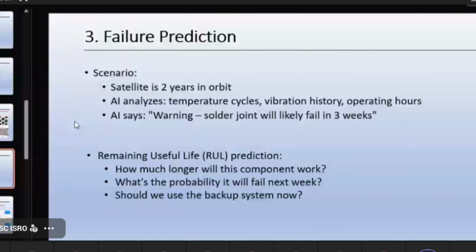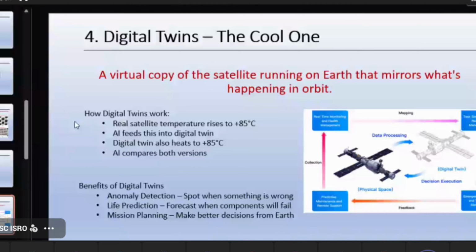So this way, it not only helps us predict what the failure can be, it will also tell us the remaining useful life. This way, we can even extend the life beyond the design life, if possible. The data can help us find it. We planned the design life as per certain conditions, but if we switch these conditions, the AI insights will tell us that we can increase the life. Right? And the next one is very important and a very cool one: the digital twin.